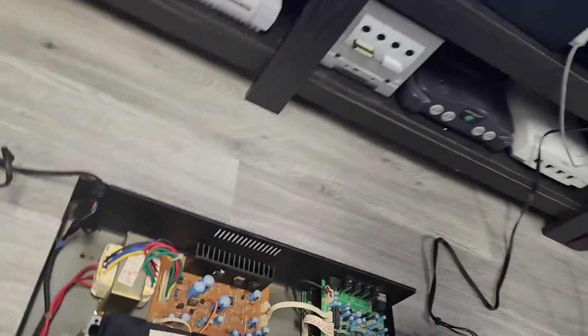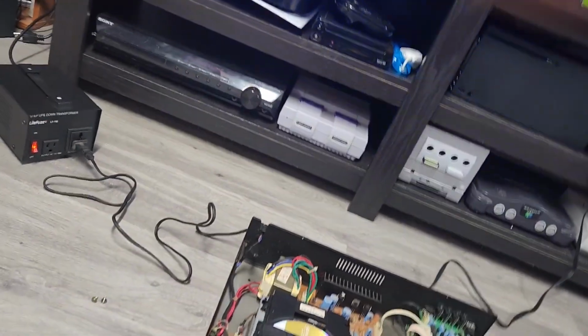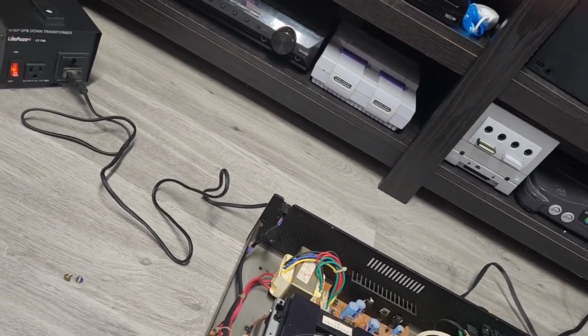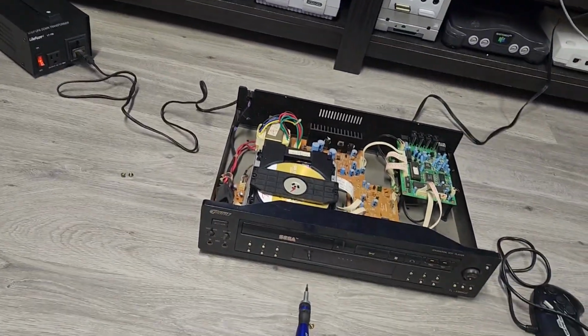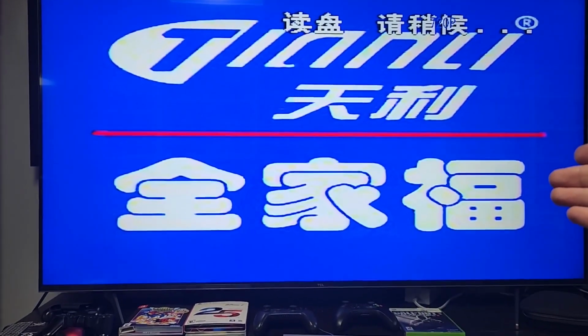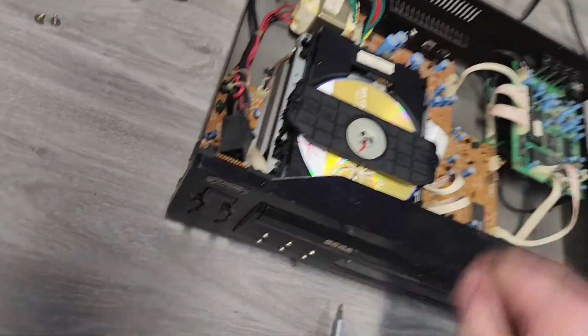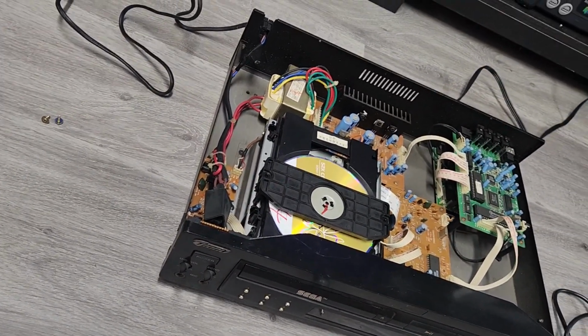Like I said, I don't think my TV supports this refresh rate or whatever, but we'll see if having something in it makes it work now. I'm pretty sure this has a similar issue to a lot of Xbox 360s, where it just refuses to open the disc drive. Oh, it's functional. I don't know if it's going to boot the disc up, but we are a lot closer than we were. I had to eject it and then...